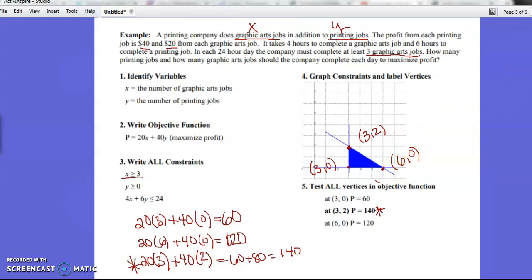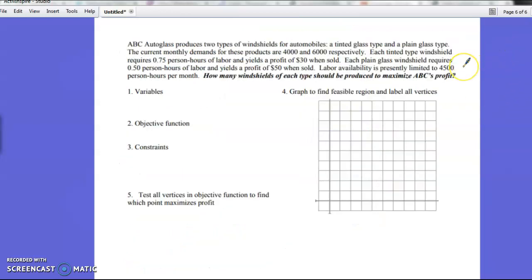All right, so let's look at the next one together. This one we're going to do without it being worked out. ABC Auto Glass produces 2 types of windshields for automobiles, a tinted glass type and a plain glass type. The current monthly demands for these products are 4,000 and 6,000 respectively. So that means we have